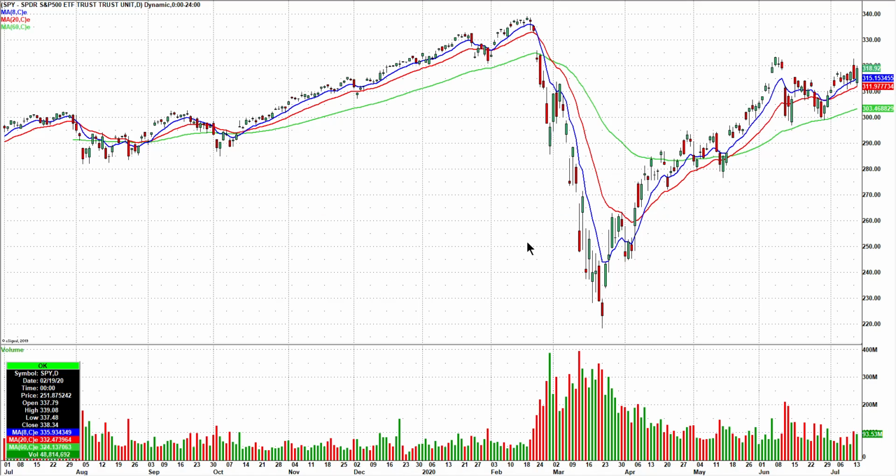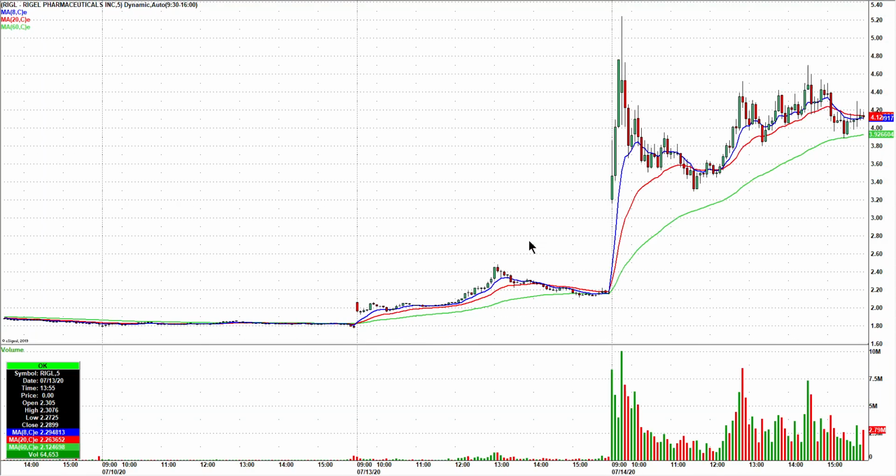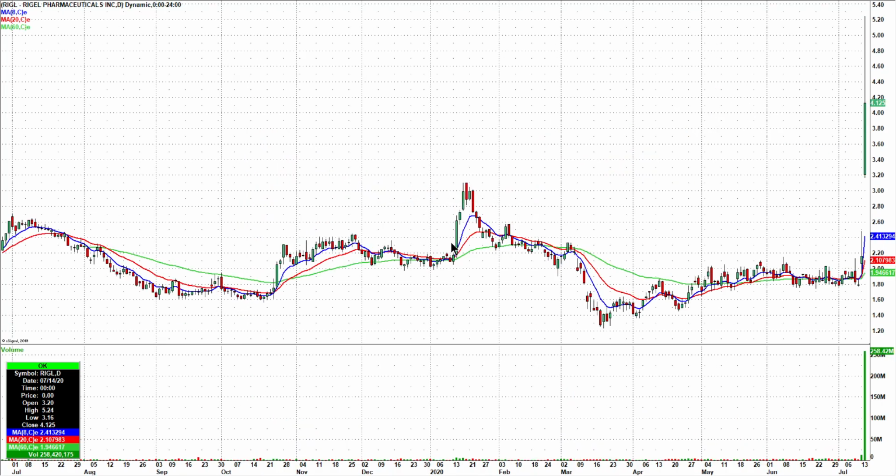Really, really nice teamwork. Oh, forgot about Regal, RIGL. Also called that. I'll show you 2-minute candles here, called that over this flat, which would be a break of 3.86-ish, so right about there. And look how quickly that went to almost 5.20. All right, so let's go back to the daily there. I forgot about that one. Anyway,